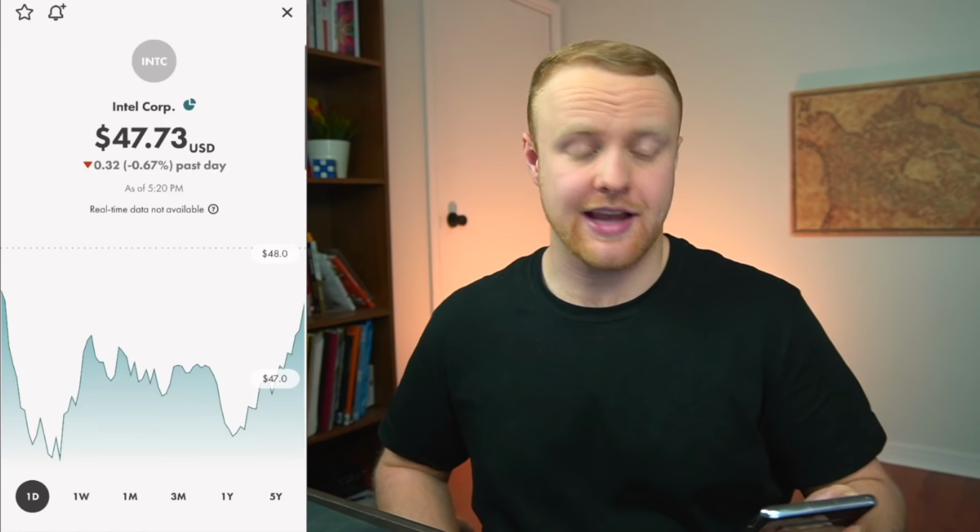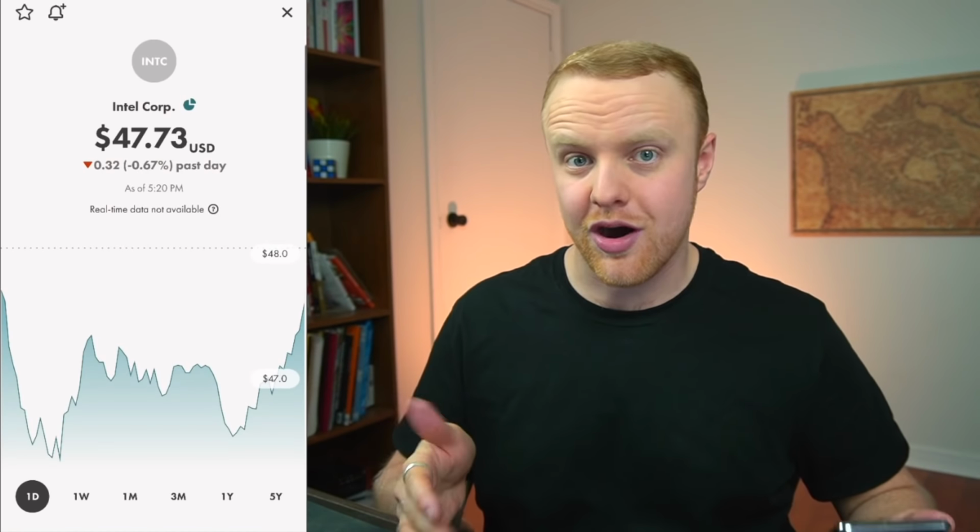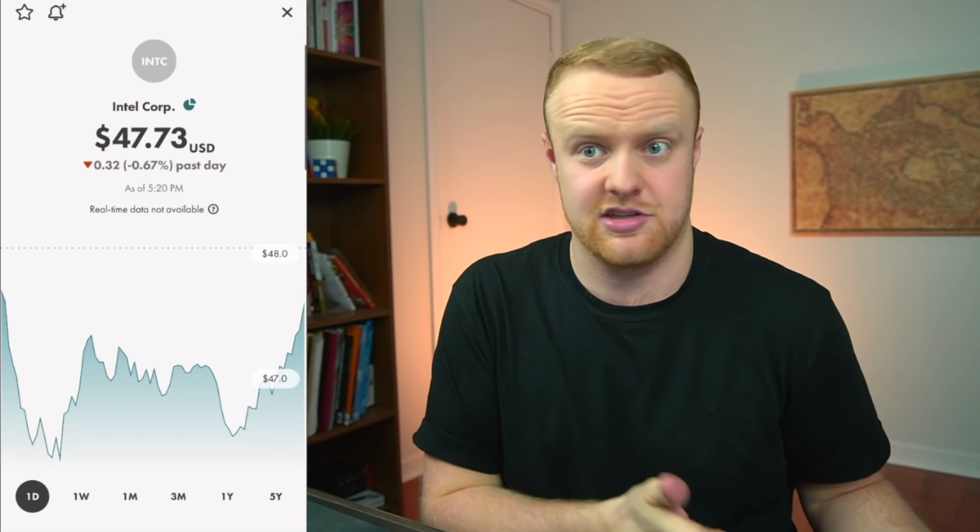Now, if I wanted to buy a US dollar stock like Intel, I could buy and sell that as many times as I want, not be charged any commission, and not have to pay a currency conversion fee every time, because we already have US dollars inside of our Wealthsimple Trade accounts. Now, I personally think this is a game changer, and upgrading your account to the Plus plan is only $10